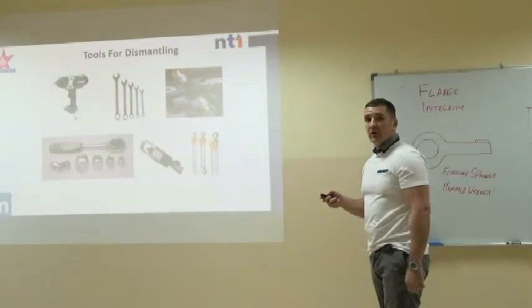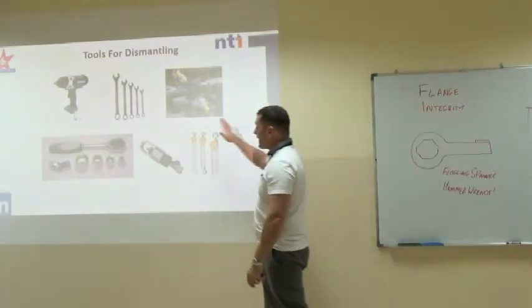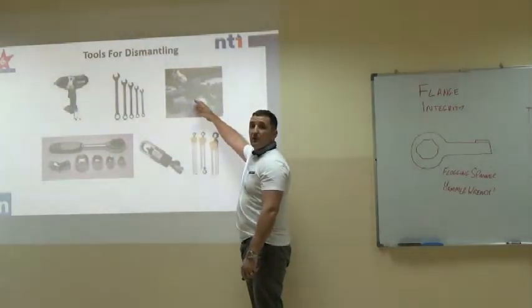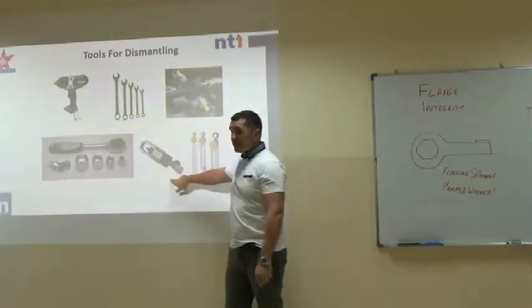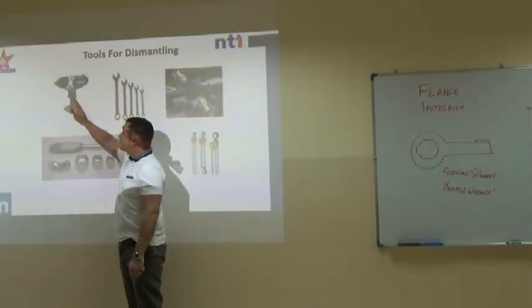Now, brief look on tools. We're nearly there now, guys. These are some of the tools that you might use. These are flange splitters. These are good for high pressure flanges or when a line is under tension or been bolted up for a long time. This is a nut splitter. This is a hydraulic one. These are fantastic for removing damaged nuts. Impact gun, remember, only for undoing,